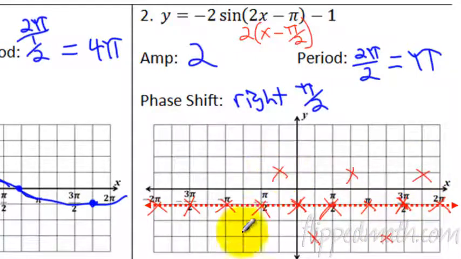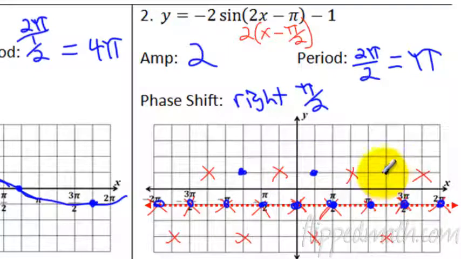What the graph would have looked like before we shift it right, pi over 2. All right, what's next? Now let's actually get the real shifted graph, and take this point, shift it right pi over 2, dot, right pi over 2. So your intercepts, you can see here, all these little equilibrium points, those don't change. What changes is the max and mins. So here we're going to shift it right pi over 2, which is 2 of these lines, there, and then